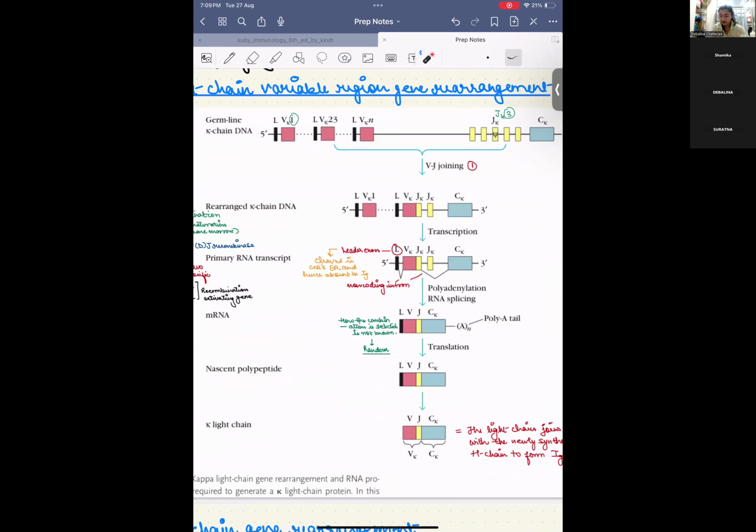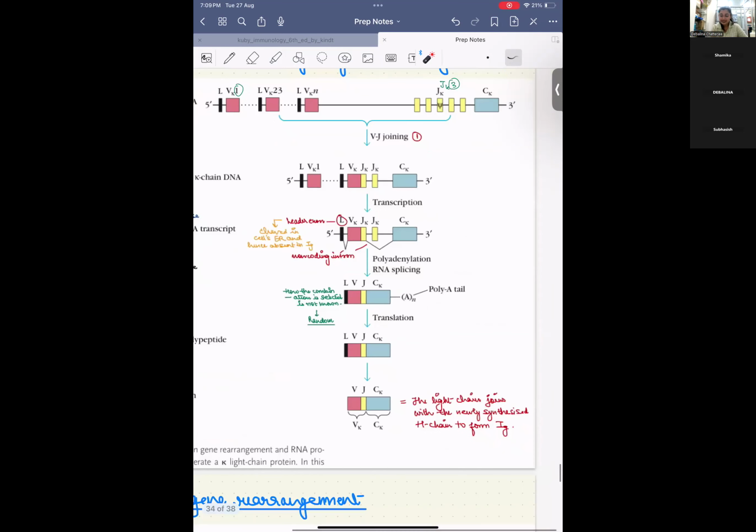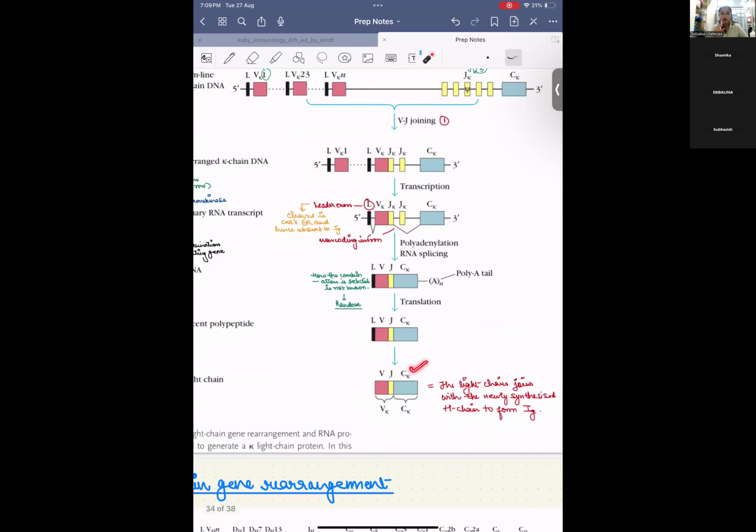It enters the endoplasmic reticulum, where the leader sequence is removed, and the productive chain that forms has the V, J, and C region now. This is a ready-to-join light chain. What is it going to join? It is going to join with the heavy chain inside the endoplasmic reticulum only. The heavy chain has separately undergone this process of rearrangement and recombination, and together they will form the immunoglobulin